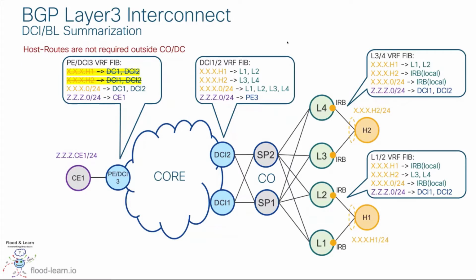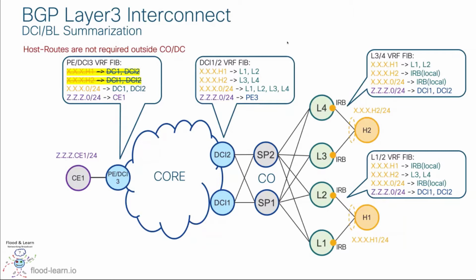So basically, you can see on the picture that I don't need right now the host routes of the DCI1 and DCI2 on the PE3 layer. Basically, on the PE3, I have just the summary route, basically a prefix pointing to DCI1 and DCI2. And for the opposite side, I have some remote prefix ZZZ /24, which I'm advertising to DCI, and the same DCI is re-advertising this prefix